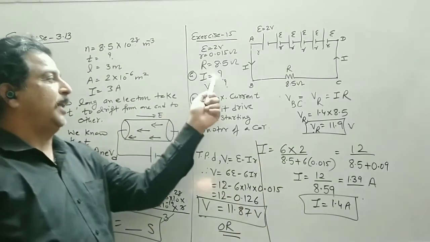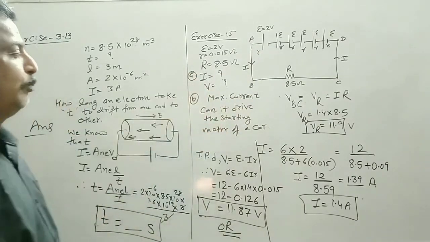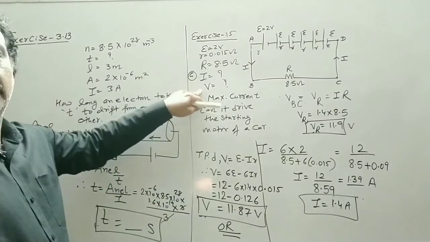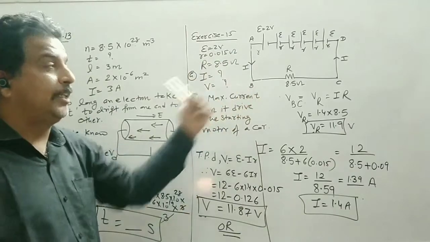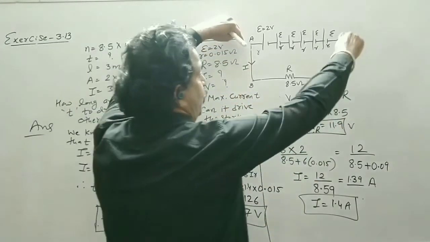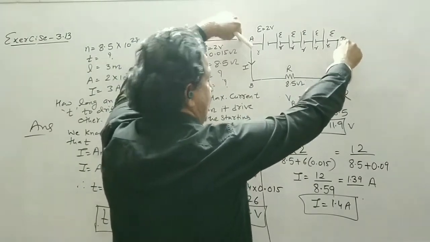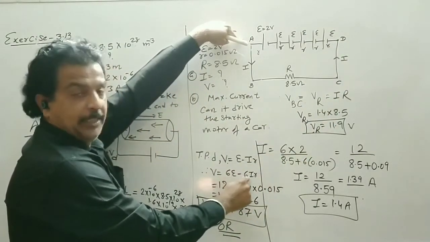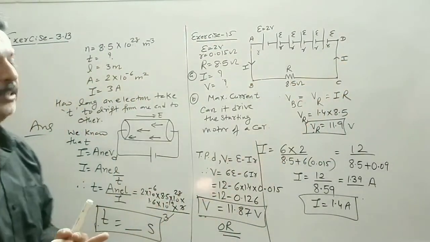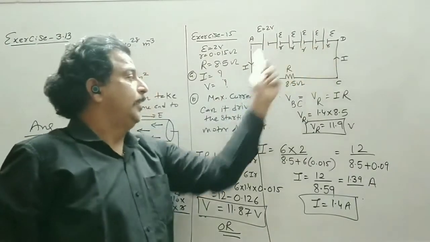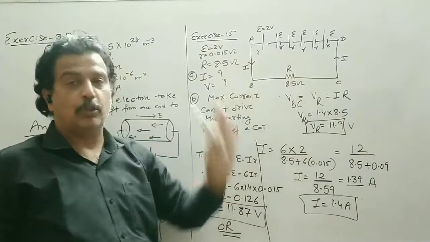So that is the first part, where you have to find out the current drawn from the circuit and the terminal potential difference. The terminal potential difference is the potential difference when the current is being drawn from the circuit. If I ask what is the potential difference across AD, it is 6E minus 6Ir. Now this AD is parallel to BC. So the potential difference across AD is equal to the potential difference across BC, that is the potential difference across capital R.